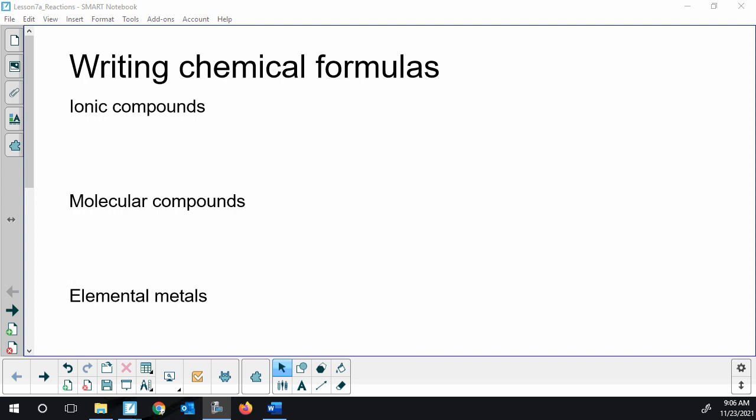So before I go into the 5 reaction types, and we write products, I'm going to quickly recap the forms we might be writing those products. So first we have ionic compounds, and in Science 10 we spent half a day or so on writing out ionic compounds. So if you predict a product that's going to be a metal and a non-metal,